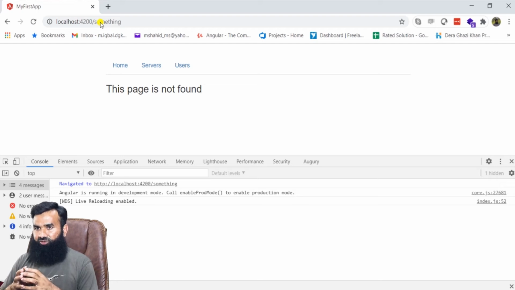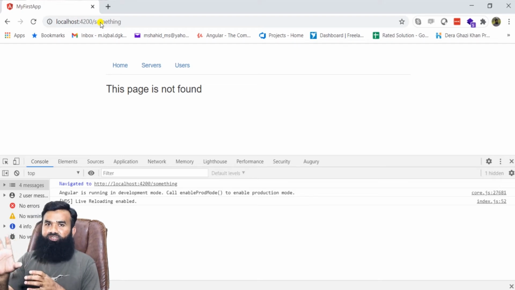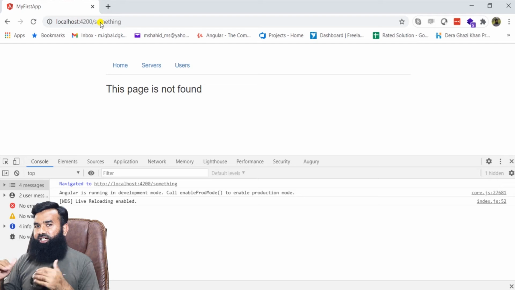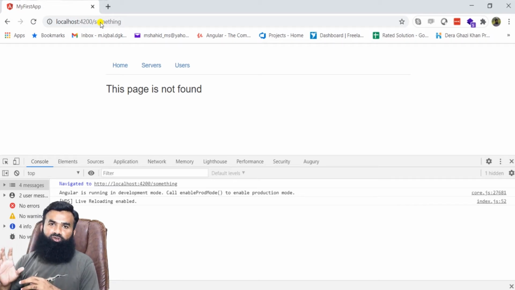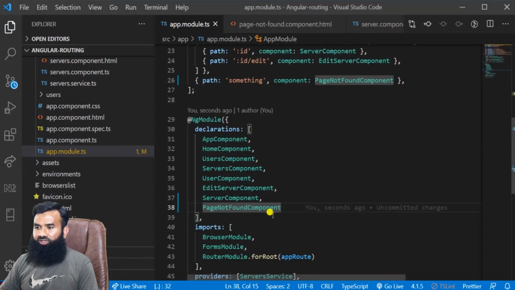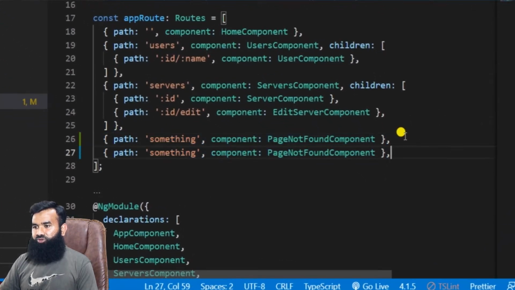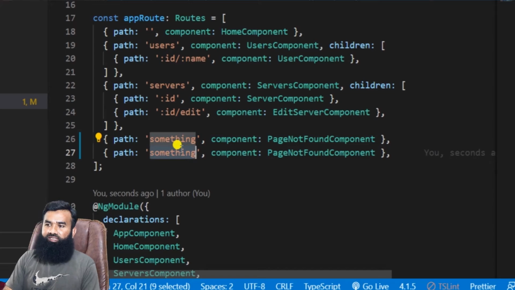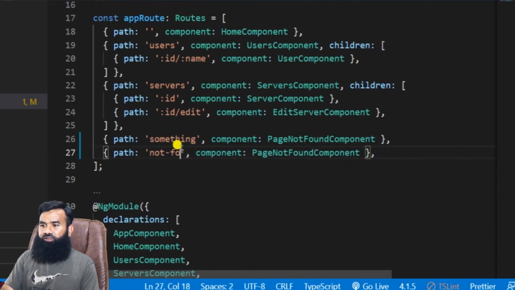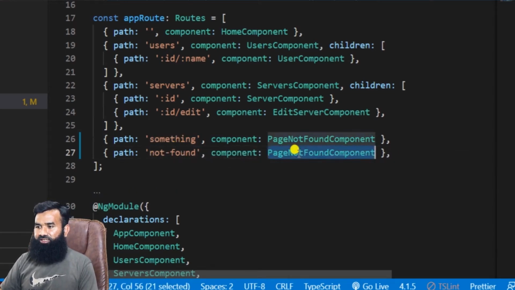For now we have just set that up for the something URL, but as you know, we cannot predict what kind of URLs are going to be hit in this application. So we have to make something generic which should work for all undefined URLs. How can we do that? Let's try that. Now in this application, I am going to include another URL called not found, and